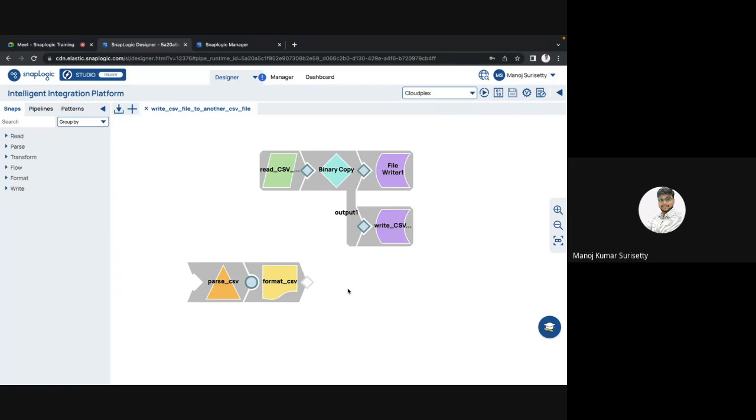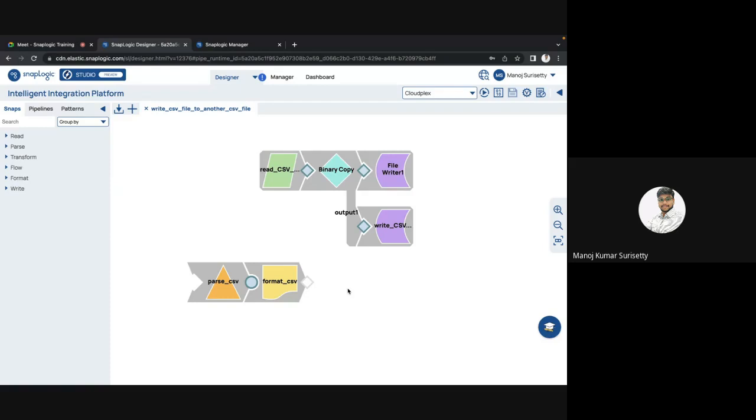So it's okay to build or use any number of snaps. Once you are done with the whole logical building of the snaps, you will go through each and every snap and think, do I require this snap or not? If not, delete it and maybe use some other snap which can optimize the solution for us. It's your primary responsibility as a developer to think through and reduce the number of snaps within a pipeline,